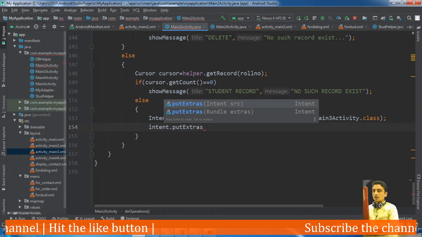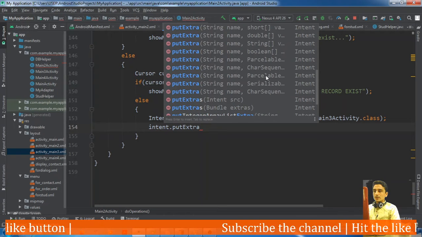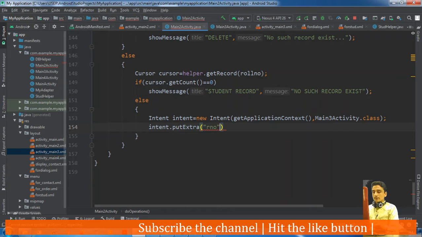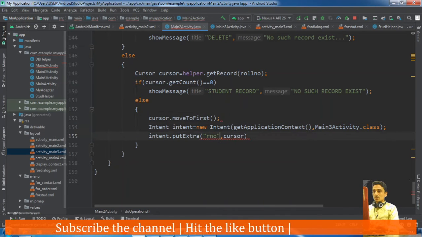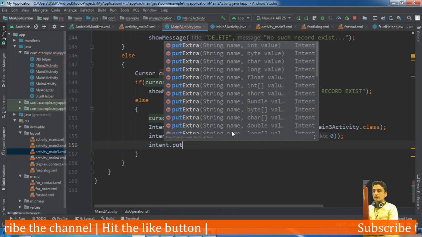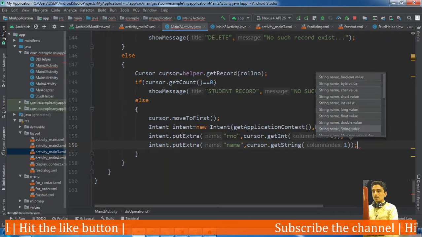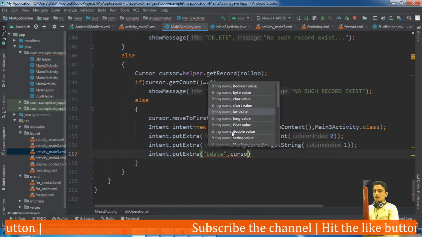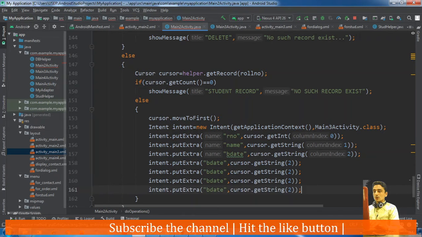There is no object to be passed here, so we will use put extra: roll number is equal to cursor dot move to first, roll number is equal to cursor dot get int 0, then intent dot put extra name, cursor dot get string 1, then birth date, cursor dot get string 2, similarly marks 1, marks 2, marks 3, total and percentage.